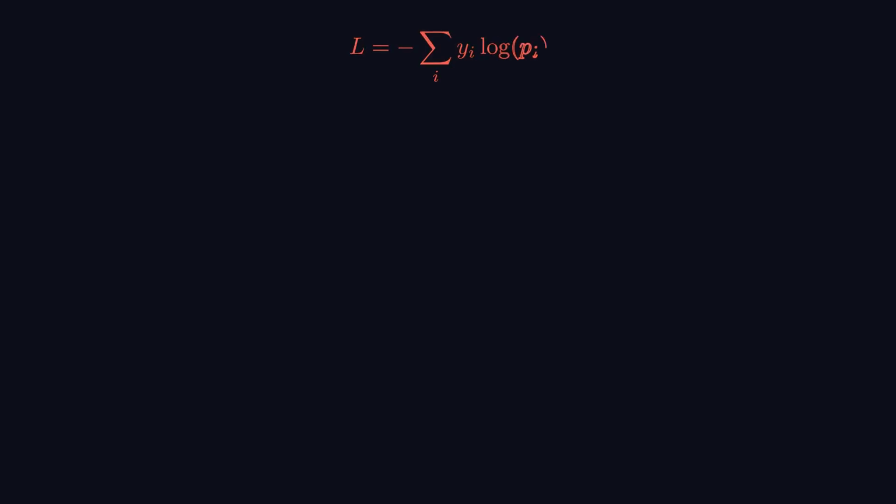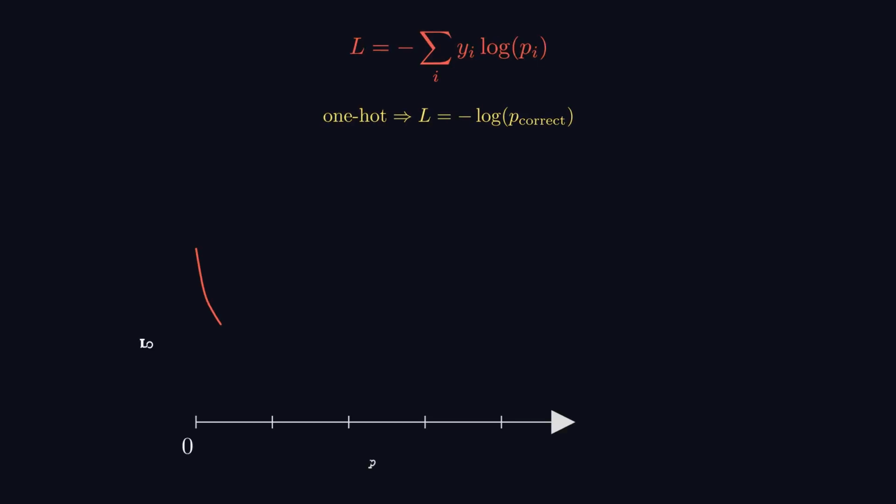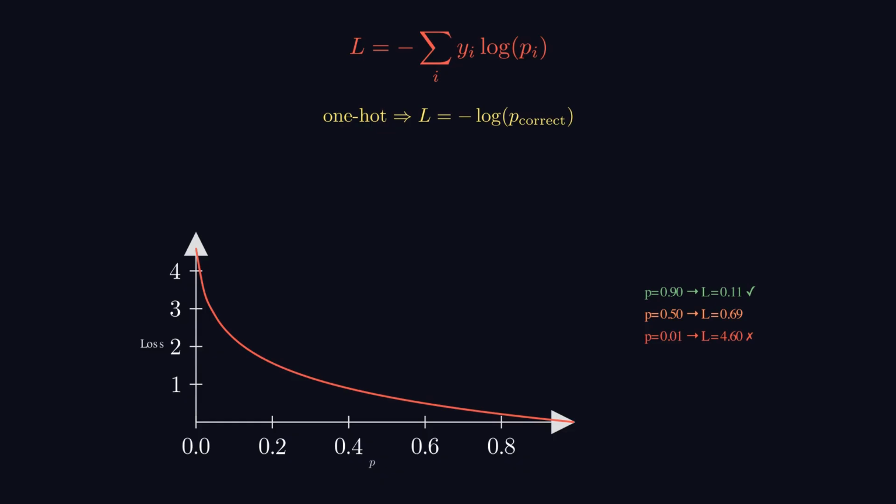Now we have probabilities, but during training we need to measure how good those probabilities are. Enter cross-entropy, which we saw in episode 5 for binary classification. For multi-class, the formula is L equals minus the sum over all classes of yi times log of pi. Since the true label is 1 hot, say the correct next word is mat at position 4237, this simplifies to L equals minus log of p 4237, just the negative log of the probability the model assigned to the correct